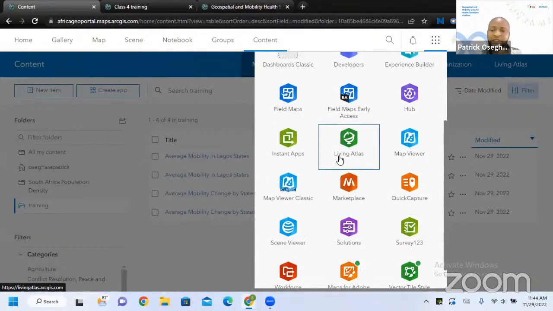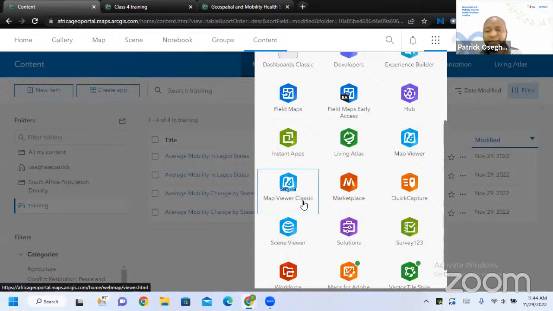So you might see some of them, but what I want to use now is the map viewer. I can use the map viewer classic. I prefer the map viewer classic. You can try this one, this is the newer version. It's wonderful to use, but I am used to this because I'm an old timer. So let me just stick with what I do. But it's very good for you to try new things out.